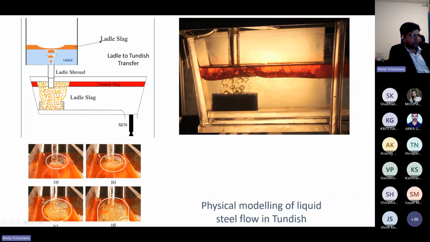Upon further introduction of ladle slag, it was extended further, and here all the tundish slag was removed. And if tundish slag was removed and new slag was taking the place of the old slag, then basically we are losing the protection of the steel, which is something we don't want. But any model can be made out of this when we have very good quality